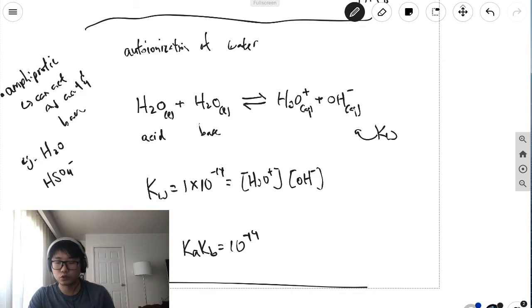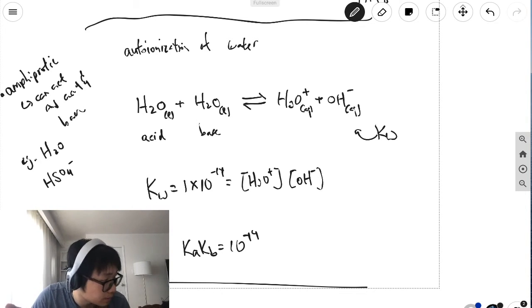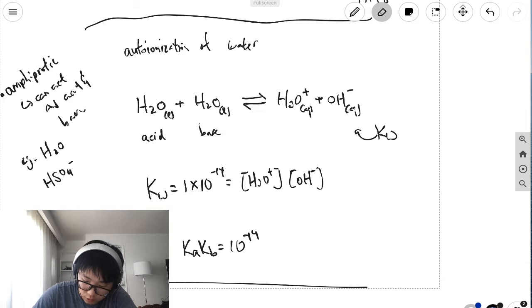So at different temperatures, as you said, you know from last chapter that temperature affects the direction of the equilibrium. So that's 10 to the negative 14. What's useful about that is that it derives the relationship between Ka and Kb, and the relationship between H3O plus and OH minus. Because imagine, from this equation,